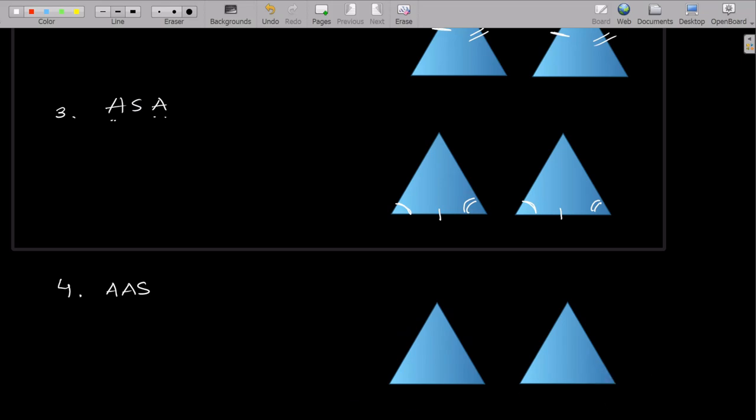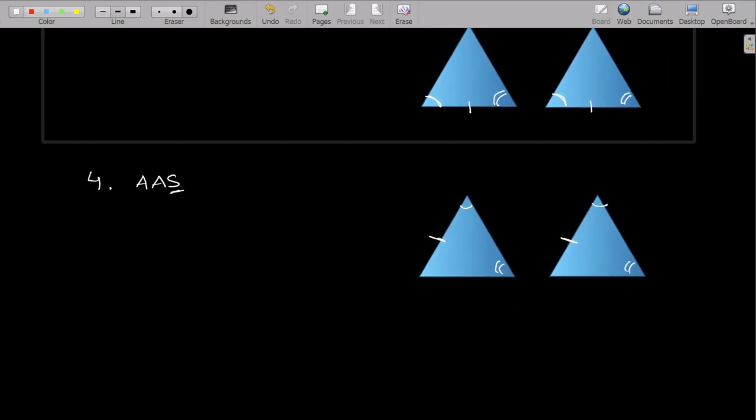So any two angles, this one, and you can take any other side. This time this side is not an included side, so maybe this, and this. And then finally the fifth one is